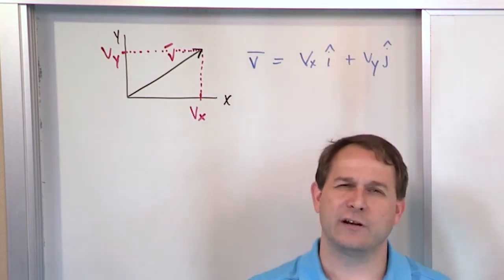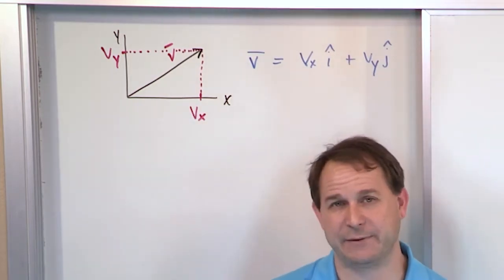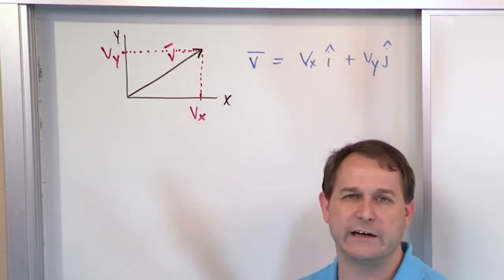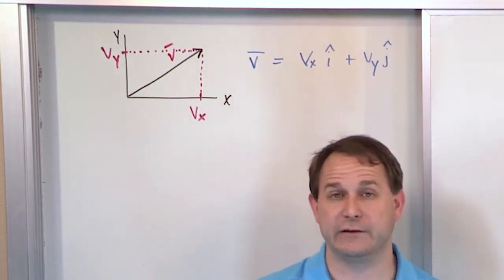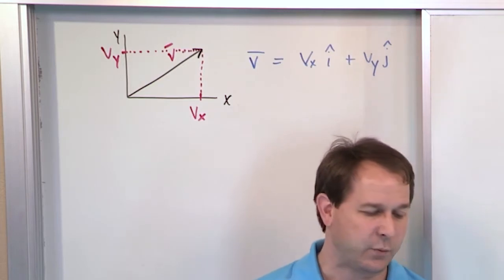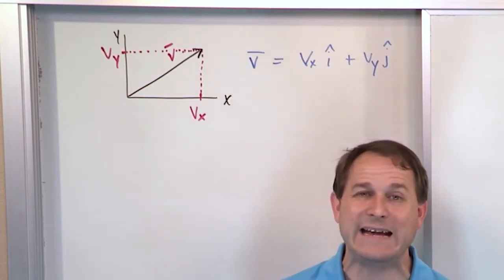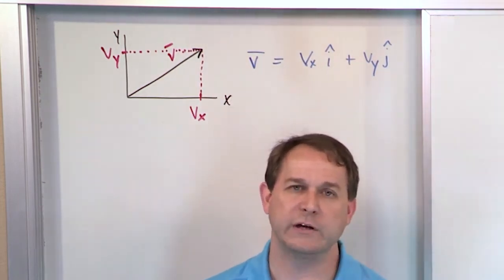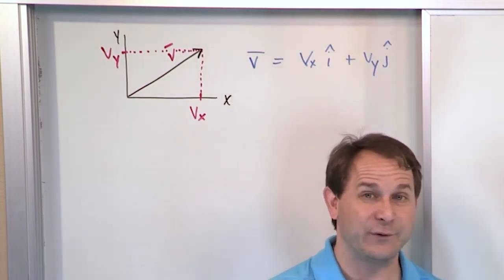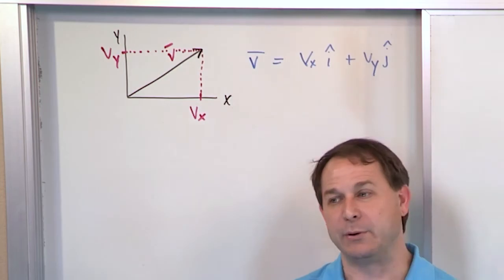So I'm just trying to draw an analogy because the same thing is going to happen here. We can take any vector and break it into components to make it easier to operate on each direction. And we're going to do the same thing with common mode and differential mode. Any pair of signals, V1 and V2, can be broken into components. One component is called the differential mode component. One component is called the common